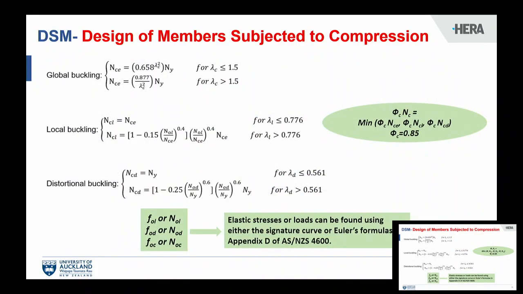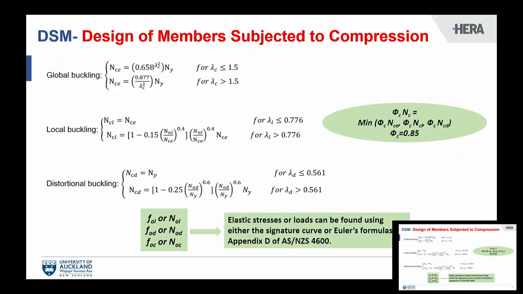Direct strength method, or DSM, was developed based on a couple of experimental tests, and distinct sets of empirical equations were provided for this method. Some equations are provided for members subjected to compression, and the others are for members subjected to bending. For these, at the beginning, you need to calculate the critical elastic buckling loads, for example, N_OL, which is the critical buckling load of the local buckling, or